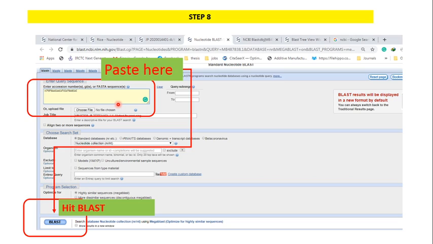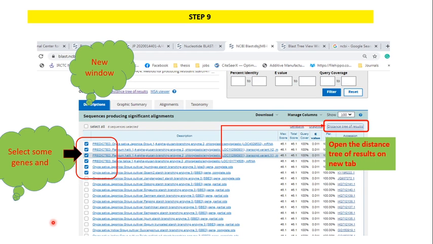After running BLAST you get a window like this, and then you get so many genes here. But here I have selected a few genes because I didn't have so much net speed, and it takes more time in analysis. So I have selected some genes and gone to the distance tree, clear.